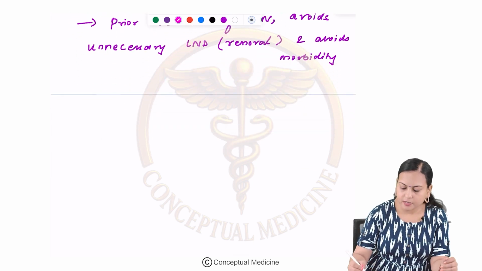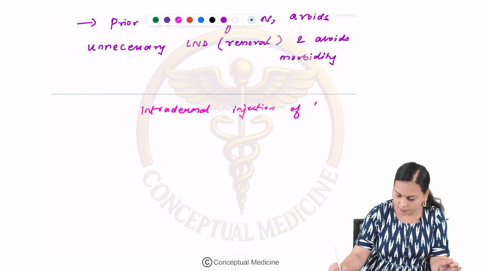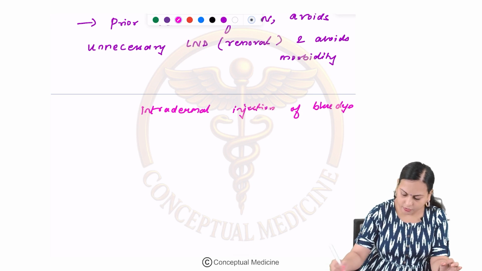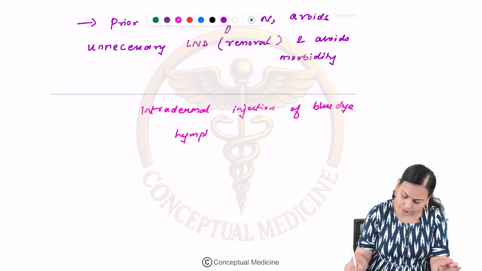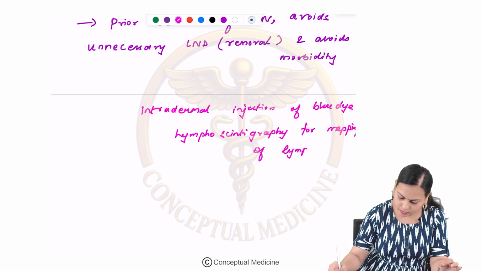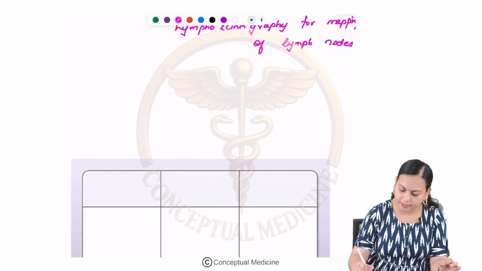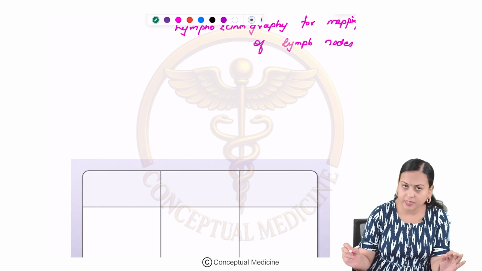So, how is it done? It is usually done by an intradermal injection of blue dye or even lymphoscintigraphy for mapping of lymph nodes. Okay,